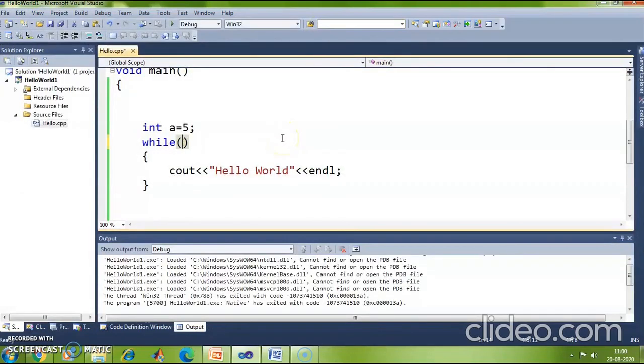Also if I write here 0, that means 0 is false. So your control never goes inside the while loop. While false, you never go into the while loop. So these are small facts about your programming.